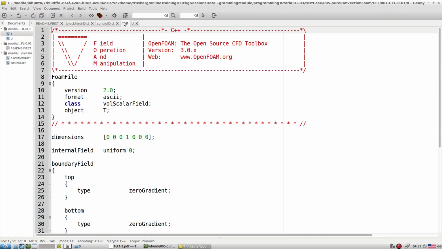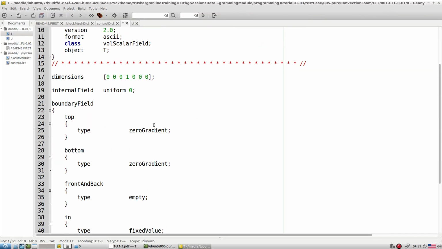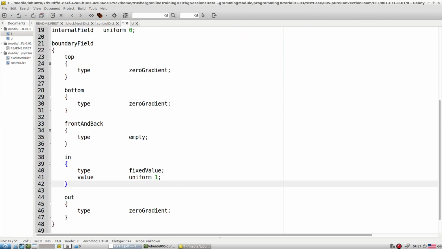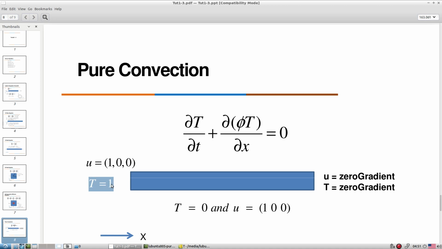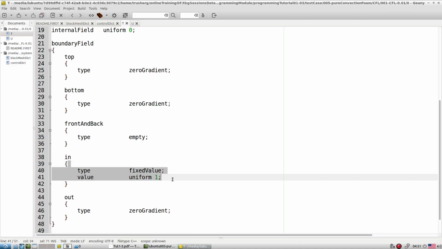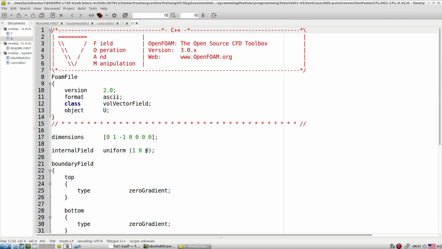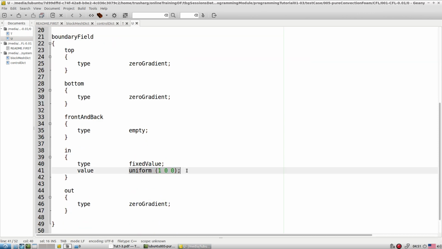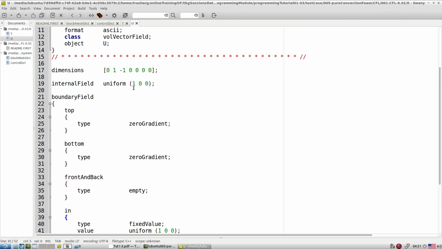In the T file we are saying top and bottom zero gradient. At the inlet we are specifying the value equal to 1 with which our scalar quantity is entering the domain, and for U we say that everywhere it is equal to 1 in the internal domain, and at the inlet also it is equal to 1. So in the x direction we specify the velocity with which the scalar T is supposed to propagate inside the domain.